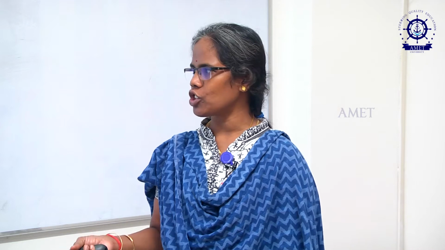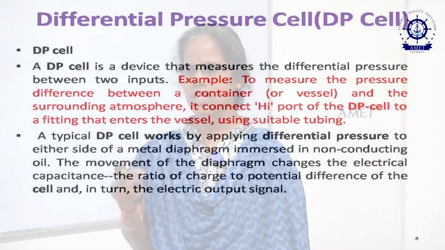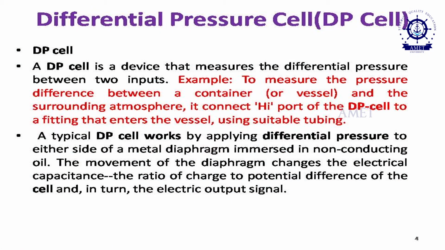One port of the DP cell connects into the vessel. It is used to measure the differential pressure and convert it to electrical energy. This pressure energy is converted into very small milliamps or millivolts. We convert it because the electrical signal is used to control whether the pressure is increasing or decreasing. In shipping applications, the vessel, boiler or container temperature may be increasing very much. That is why the differential pressure sensor is used to measure differential pressures.